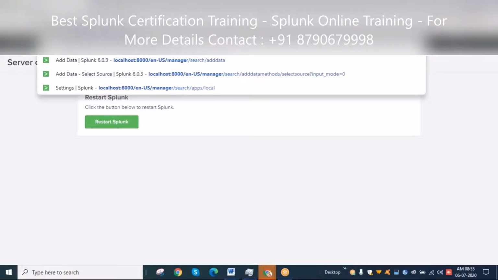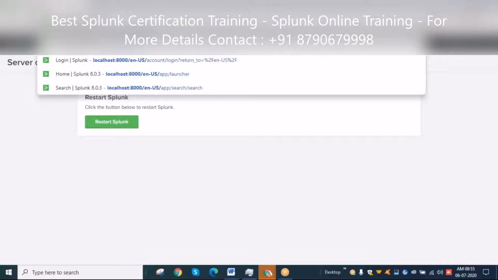What I would prefer, if you are making configuration changes, is this: when you restart Splunk, all the configuration files are triggered again.